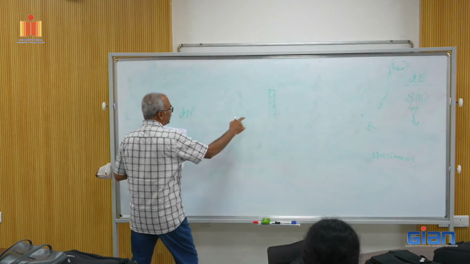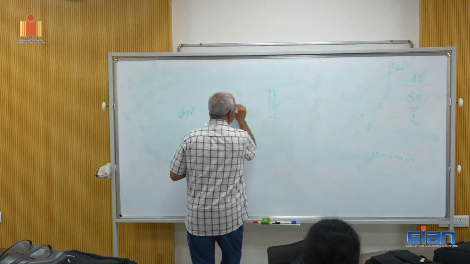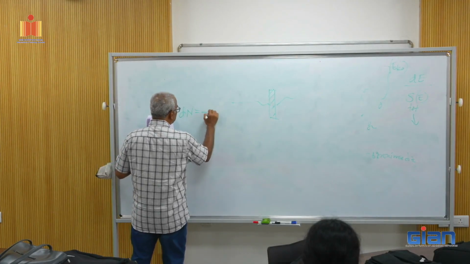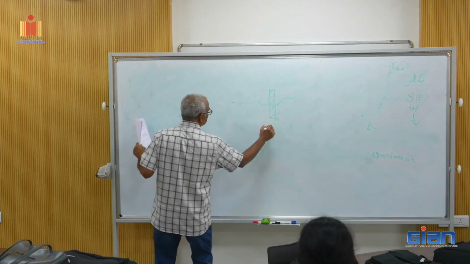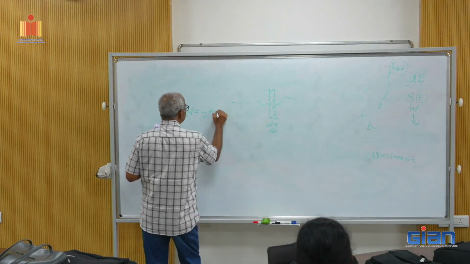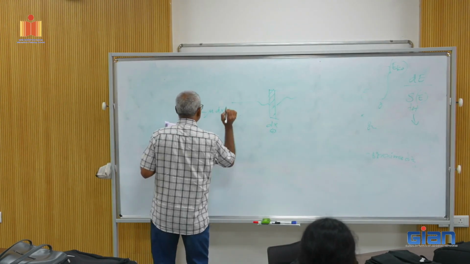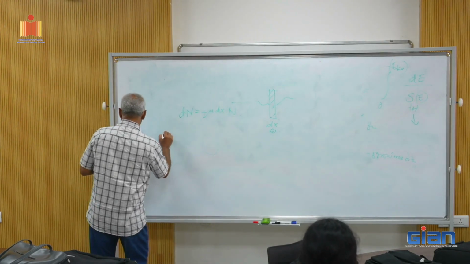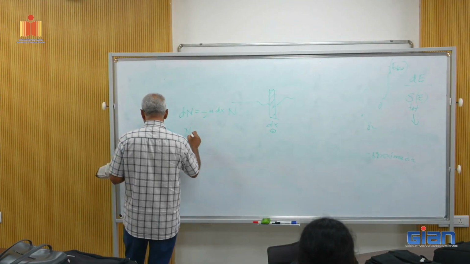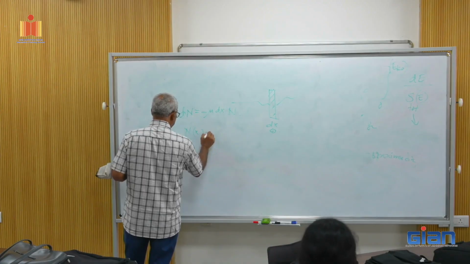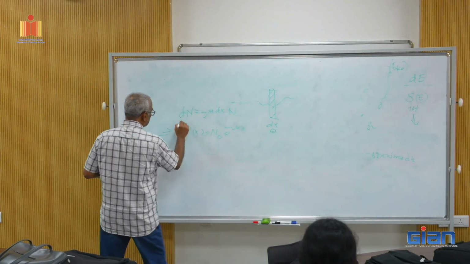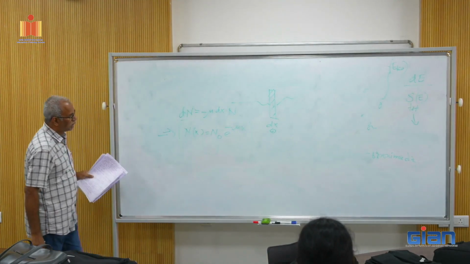When it interacts with the target, for whatever is left, you can write dN equal to minus mu dx N, where the thickness is dx. This is a first order differential equation, so you have N(x) equal to N0 e raised to the power minus mu x, where mu is the attenuation coefficient,